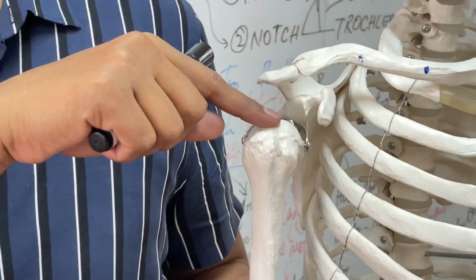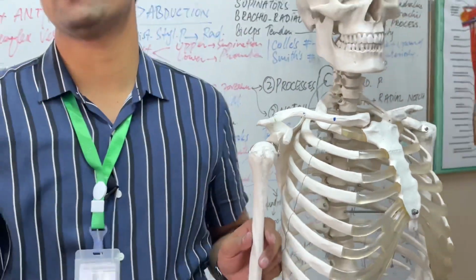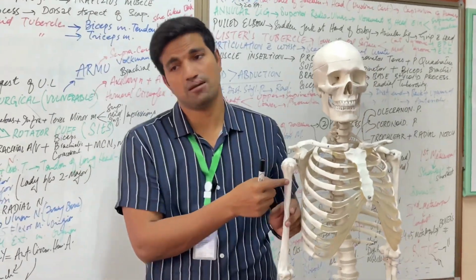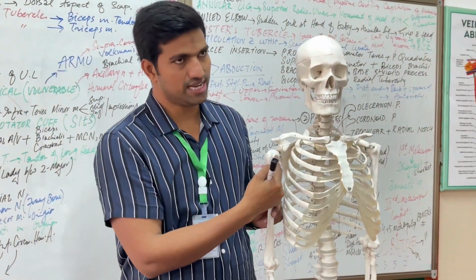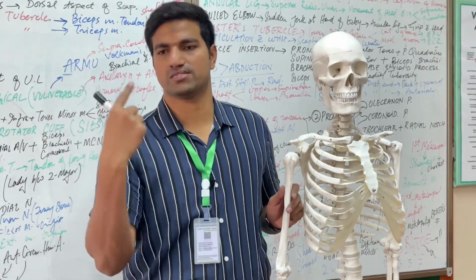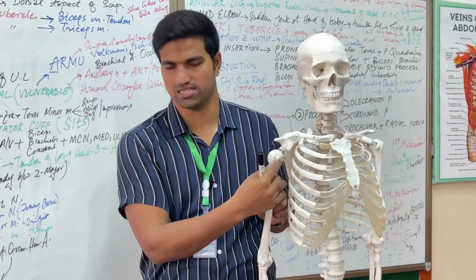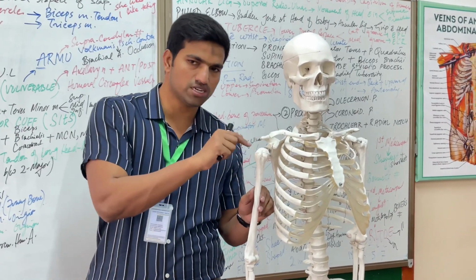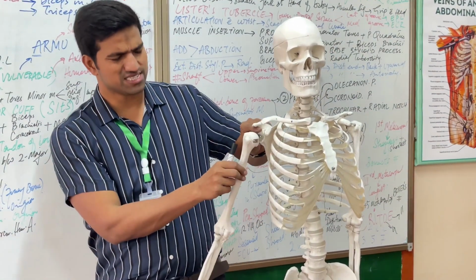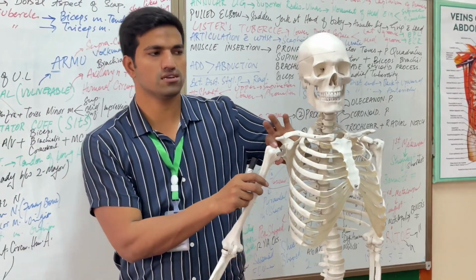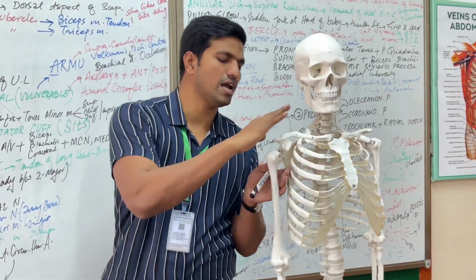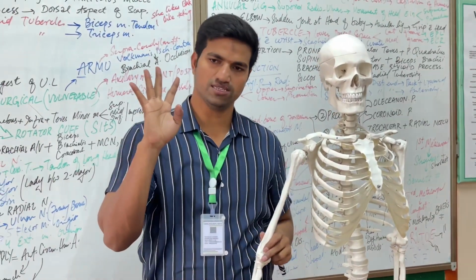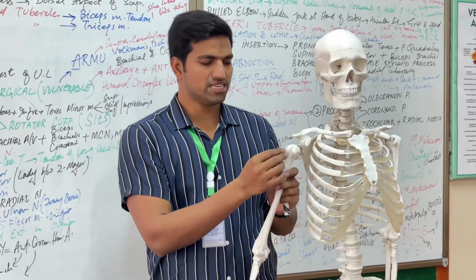With the superior, middle, and inferior impressions, we have attachment of three muscles: supraspinatus, infraspinatus, and teres minor. With the lesser tubercle, we have attachment for only one muscle, the subscapularis. These four muscles are called rotator cuff muscles, which stabilize the shoulder joint. As we know, the glenoid cavity is small, but the head of the humerus is large. So in order to stabilize this joint, nature provides us good strength through these four muscles, which are attached to the tubercles.